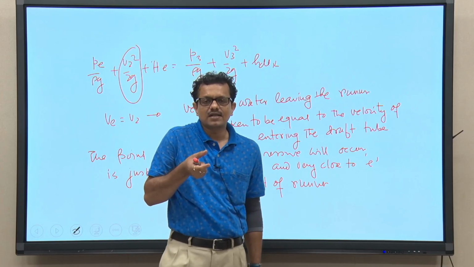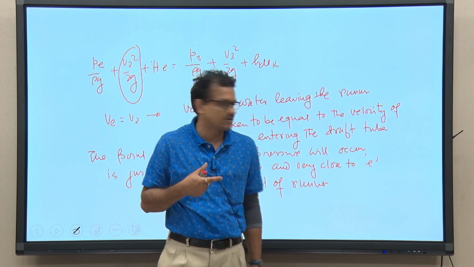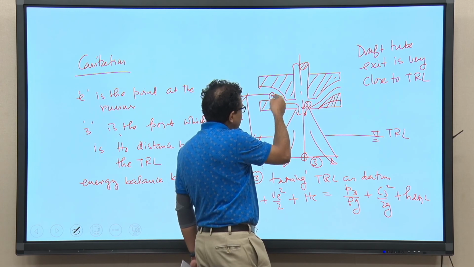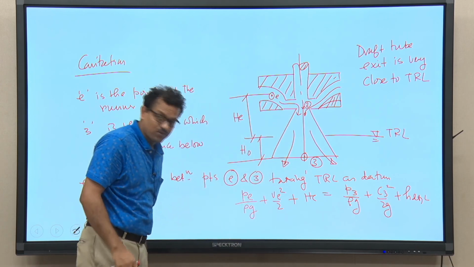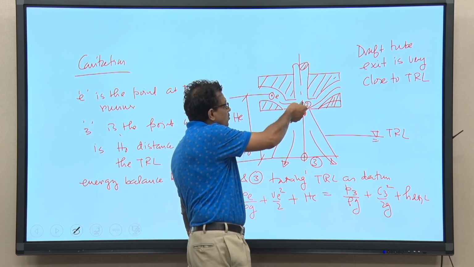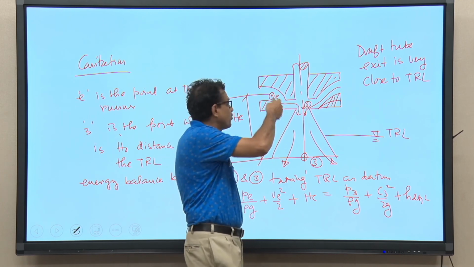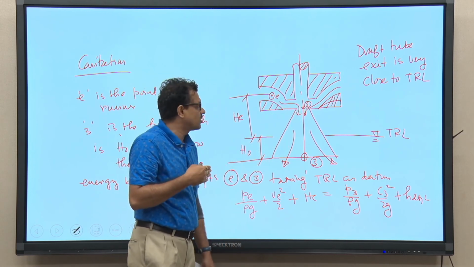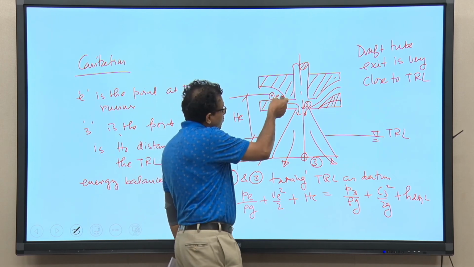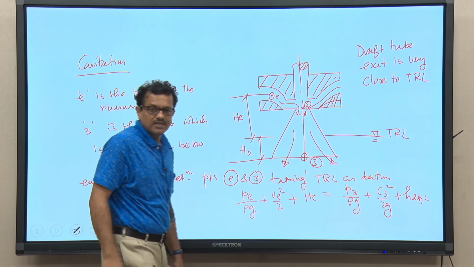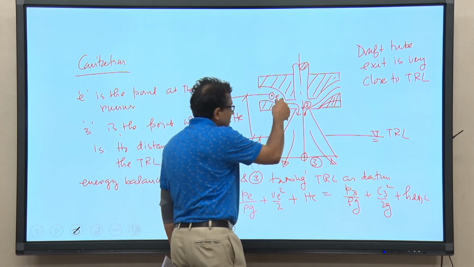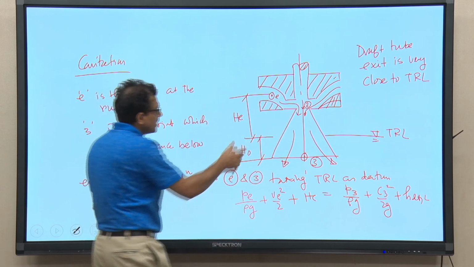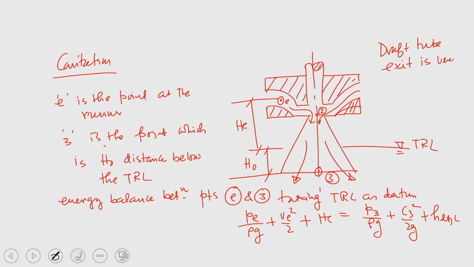If the minimum pressure is less than the vapor pressure, then only cavitation will start. So, now we are considering E, just in a generic form, in this energy balance approach. We really do not know whether the minimum pressure will occur at point E or at point 2. So, to have this generic expression, what can we assume? We assume that the point at which the pressure will be minimum is inside the runner, close to point T but towards the exit of the runner, so somewhere in between point T and point 2. Okay, so that is what we are assuming.